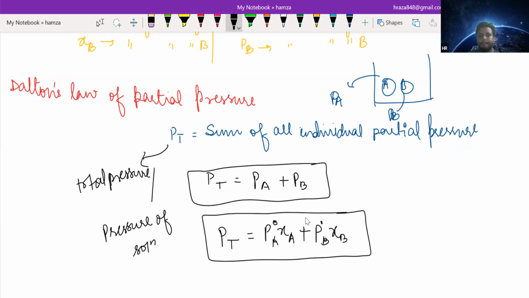We will have some questions on this, and there will be a graph, which is important. The question is purely on the formula, if you know how to calculate mole fraction.